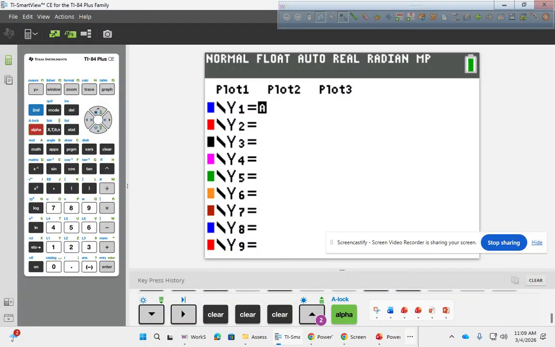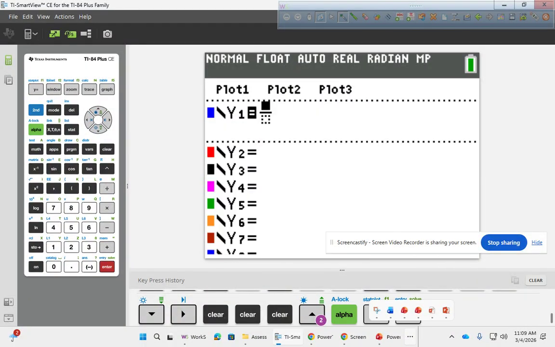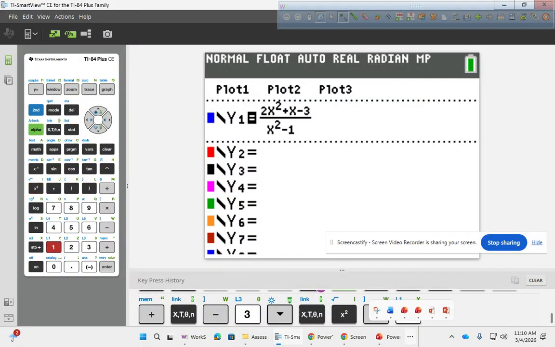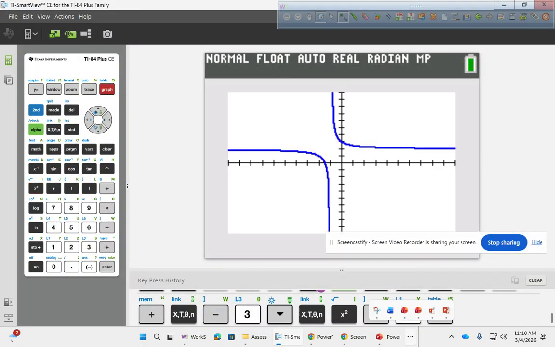So I'm going to do the alpha y equals. Again, you want to set it up like a fraction. And let's see what this equation is. 2x squared plus x minus 3 over x squared minus 1. So I'm going to sketch that graph now, and it's going to follow my asymptotes to be a little more accurate. So